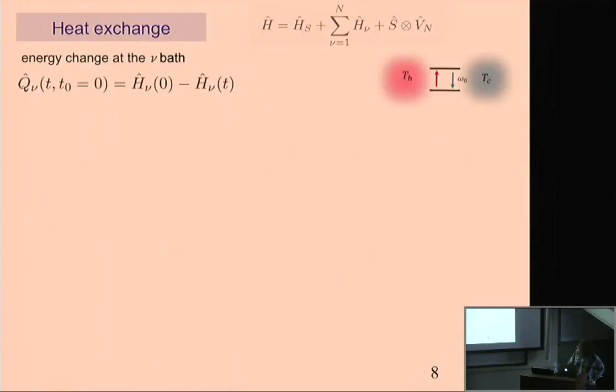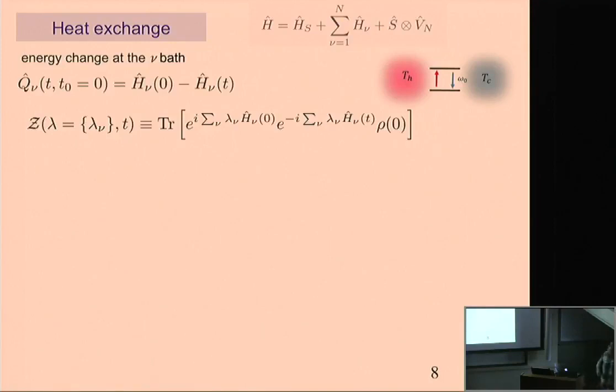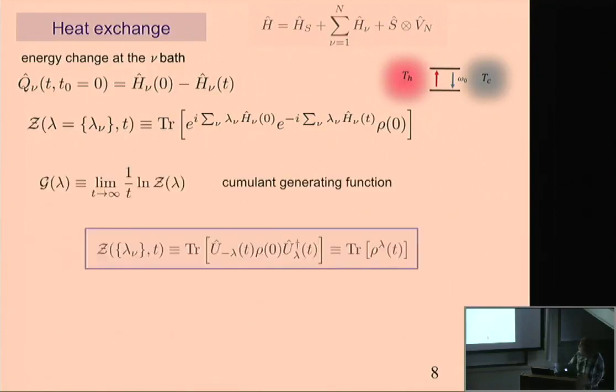Okay, so that was the introduction, and now more specifically. This is a general Hamiltonian that we are going to consider: a system, let's say two states, but of course it can be more than that, and several thermal baths up to n. It is very simplistic, as I've said; in the paper we have a more general description, a system operator coupled to an operator coming from the environment. We can count heat exchange not only, say, with the left side, but with every bath in the system. So one can write a more general expression for the characteristic function.